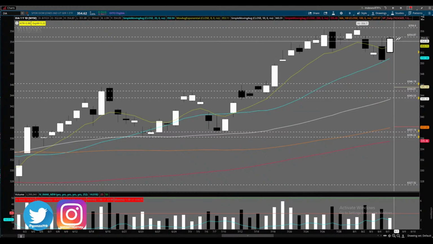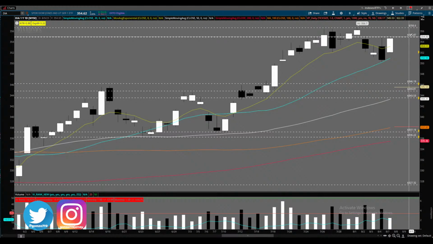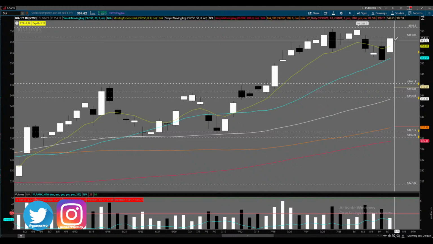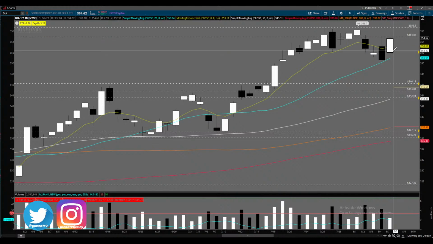Okay. That level has been resistance, 354. Where are we at now? 352. We are here. That is very bearish. We're at the lows of yesterday after that big move. Now, Home Depot, UPS, all in the Dow, Goldman Sachs, big holdings in the Dow that are going to make this week.